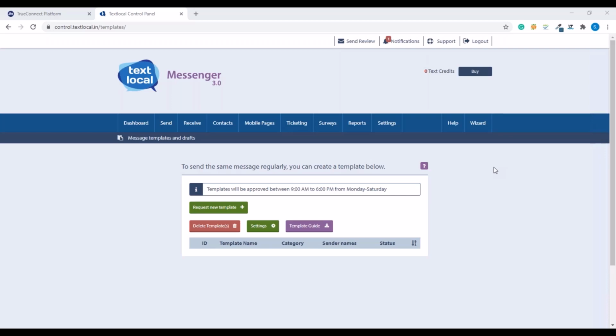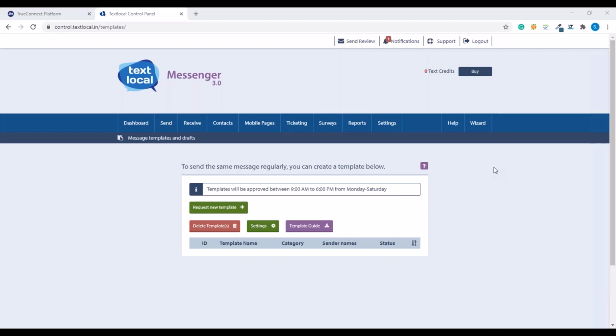Everyone. The last time template scrubbing went live on March 8th, messages failed for a lot of people, and they failed for a few common reasons. In this video, we will discuss the proper way to add templates in TextLocal and DLT and the common mistakes that people make while adding them.